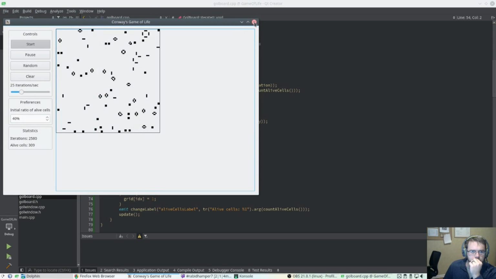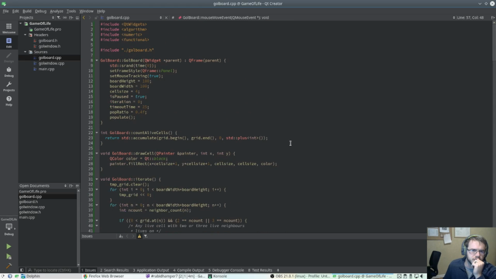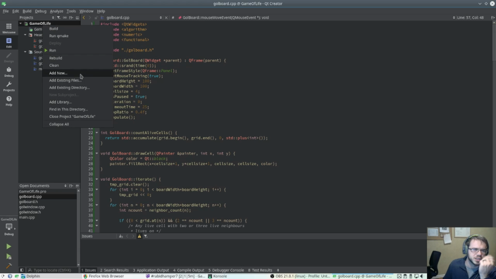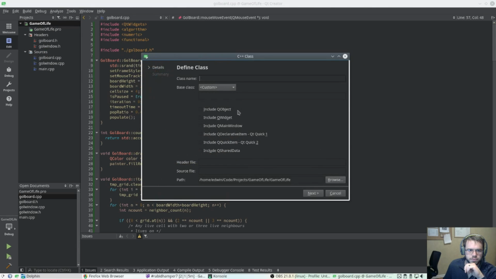Okay, that's good. What I'd like to do is try and make this a little less all put into one board class here. I'd like to make it a little more object oriented, so we can do more fun things with the little cells. So first of all, let's go ahead and just make another cell class just so we can add the fun things that we want to do. In this case, we're going to call it